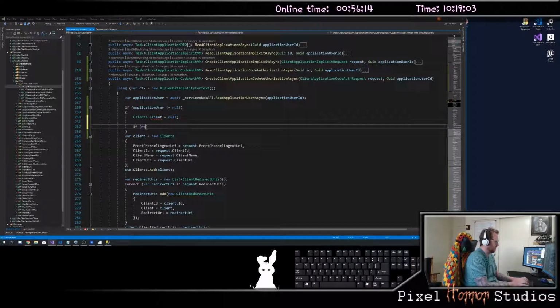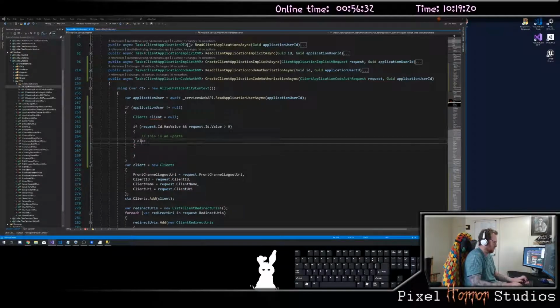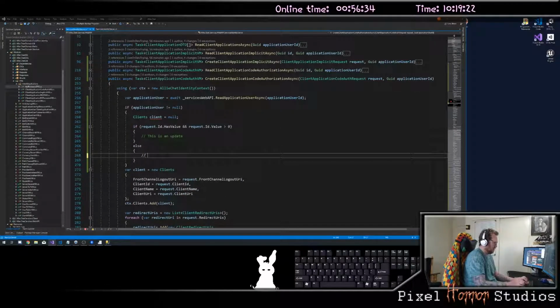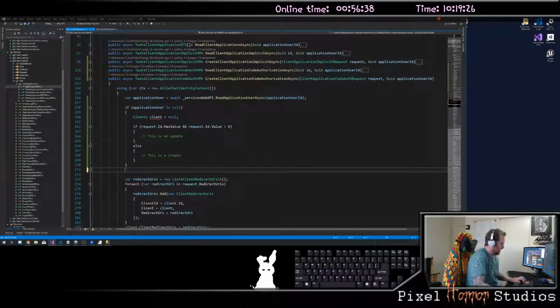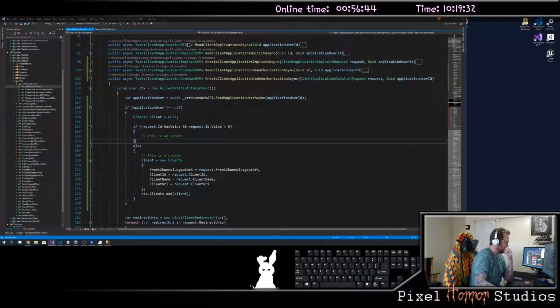And here I want to say if my request.ID.hasValue and my request.ID.value is greater than 0, then this is an update, else this is a create. So we'll put this here as a create. And then as the update,